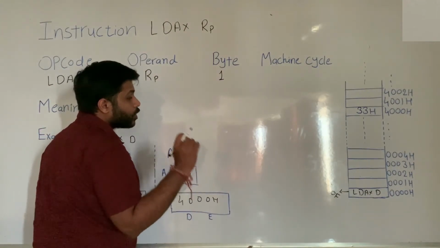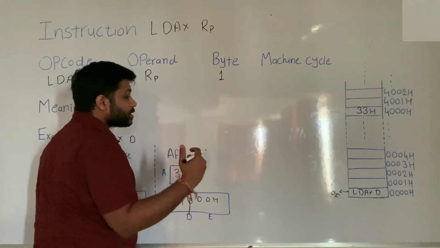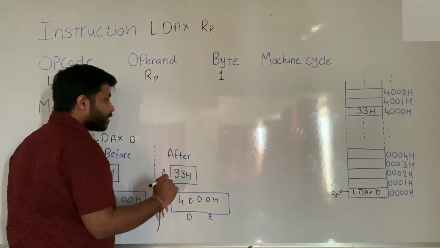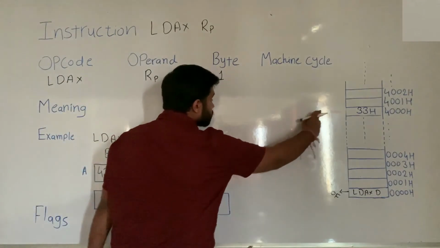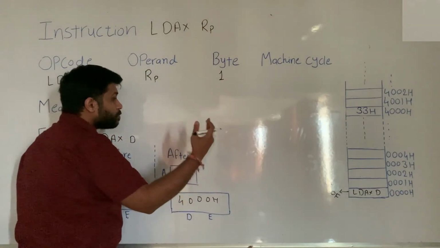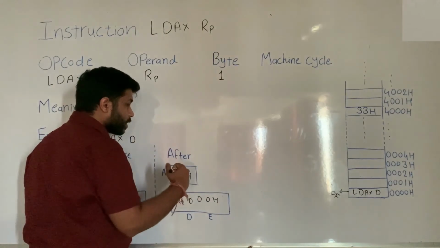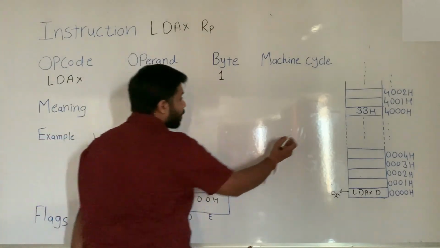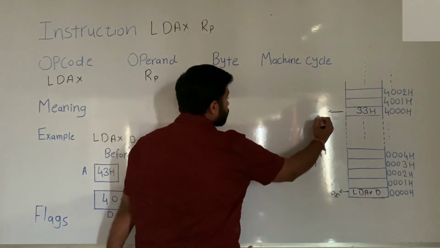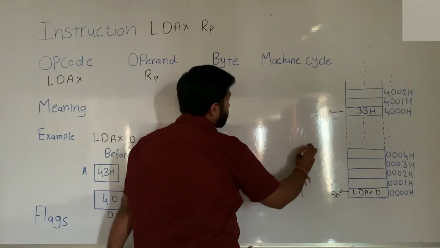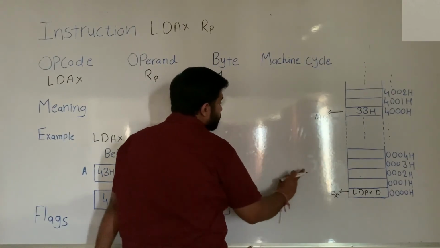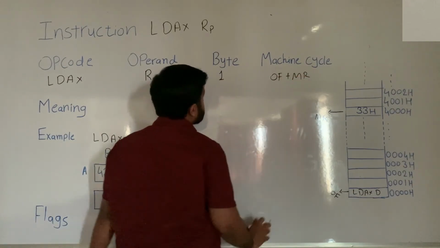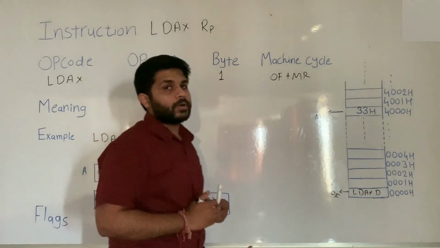Now pay attention to what the processor is doing to execute. To execute the instruction, the processor is transferring data from the memory location to the register. It means the processor is reading some memory location, so to execute this instruction, the processor has to perform the machine cycle which is memory read. So in this instruction, how many machine cycles are required? Opcode fetch plus memory read. And this is it for this instruction.